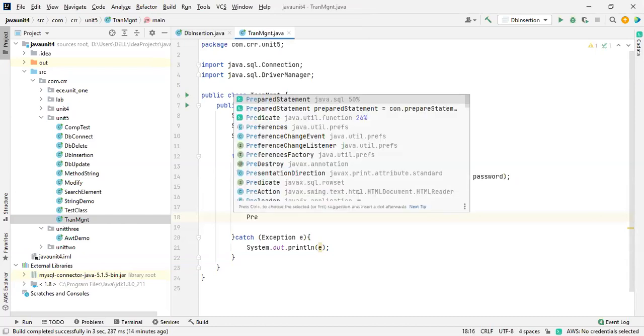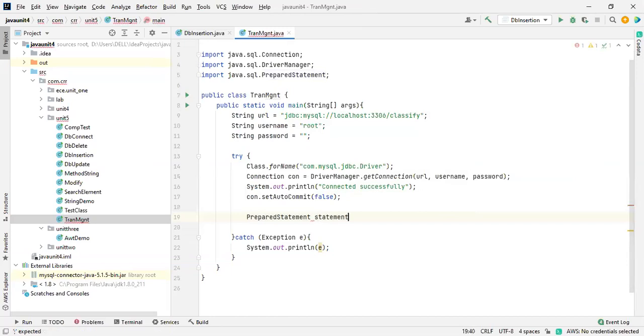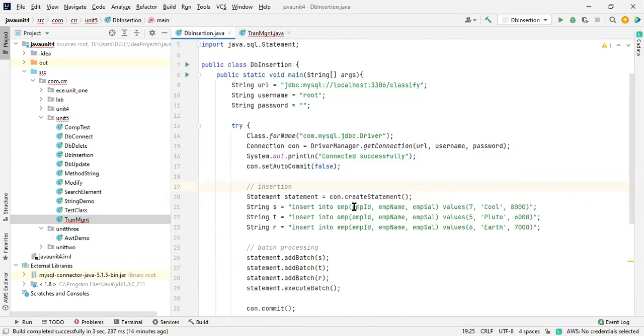So this is like a prepared statement. This is a statement, like I will make it as prepared statement, PS is equals to, what I need to do over here, connection. So by using the connection, con dot prepare statement, here I am going to write an insertion command. See, this one was different. Just I will copy this and I will tell you what will happen.